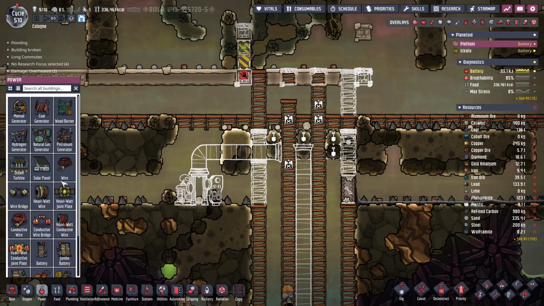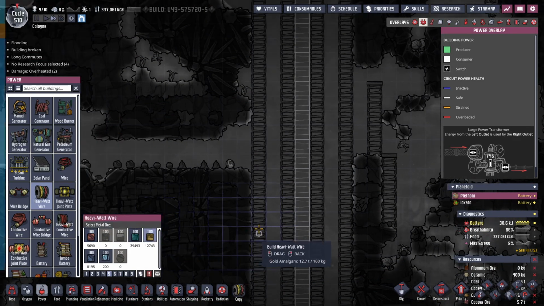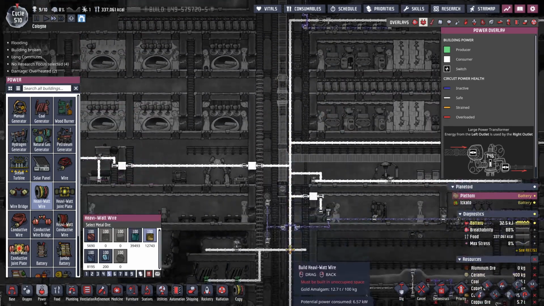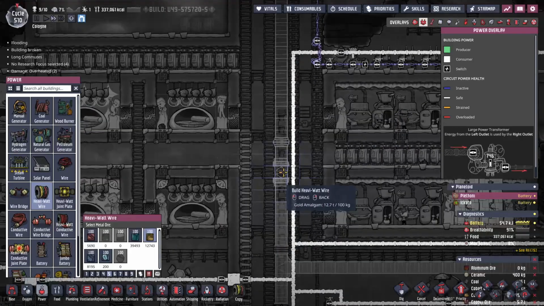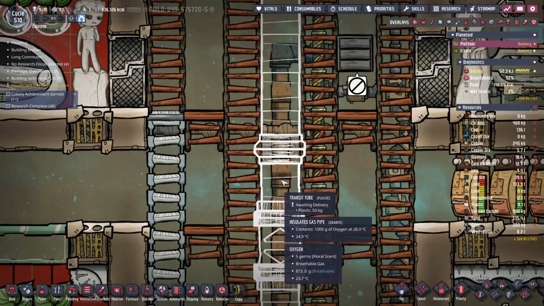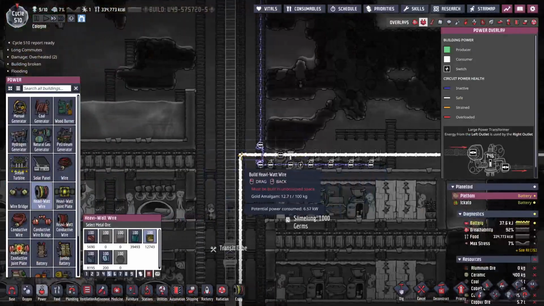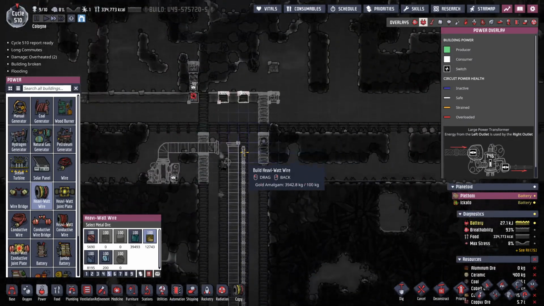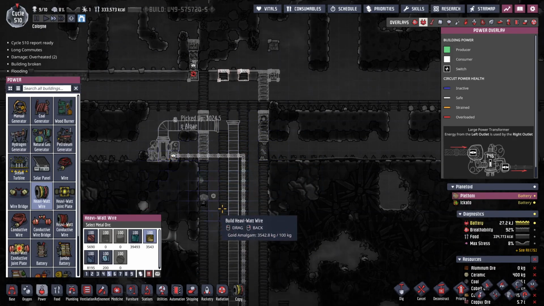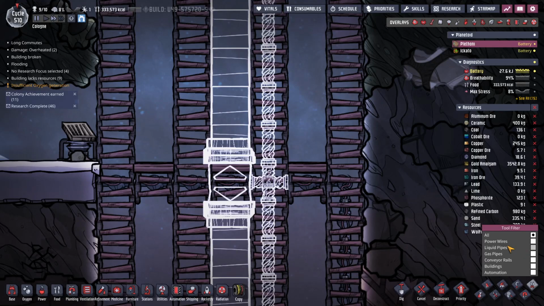Which means we're going to need to run power up here. Yep, good point, good point. Heavy watt wire. Guess I'll make it out of gold. I suppose I should just run it through the transport tube now that I know that I can. Oh no, but I can't run it through you, can I? Why are you two not connected the way I would have... there we go. Okay. Anyway, heavy watt wire. That's fine. Like that. And then we're going to end the video here, but snip those power lines